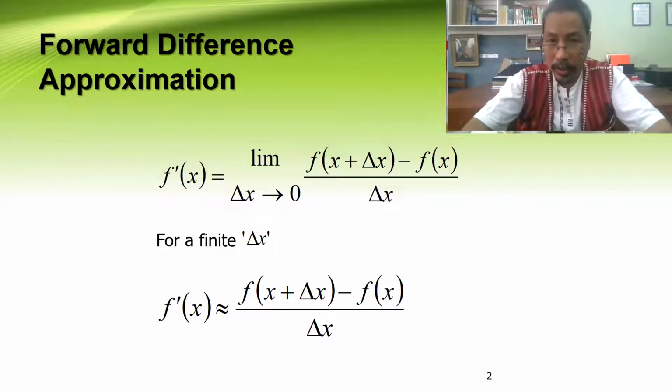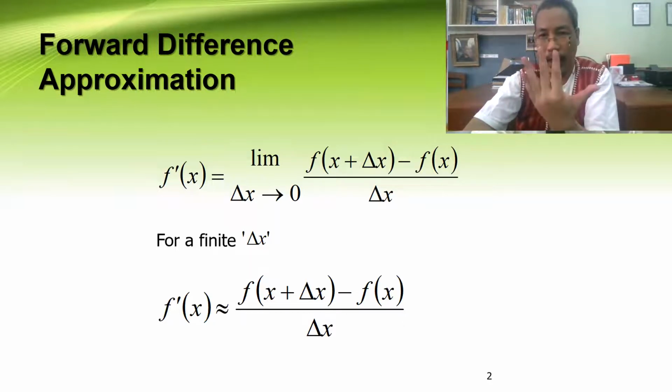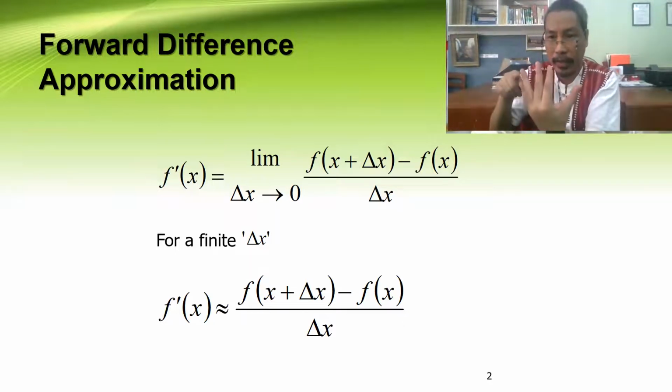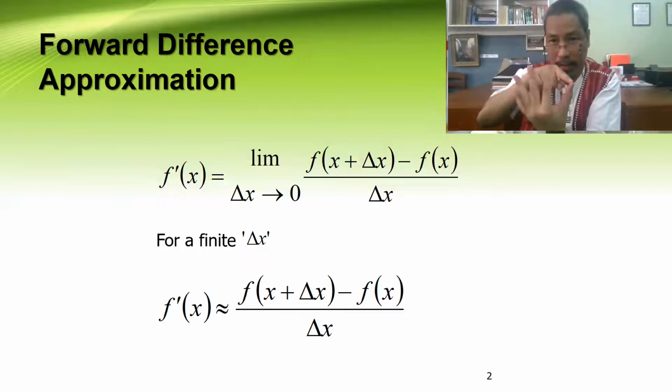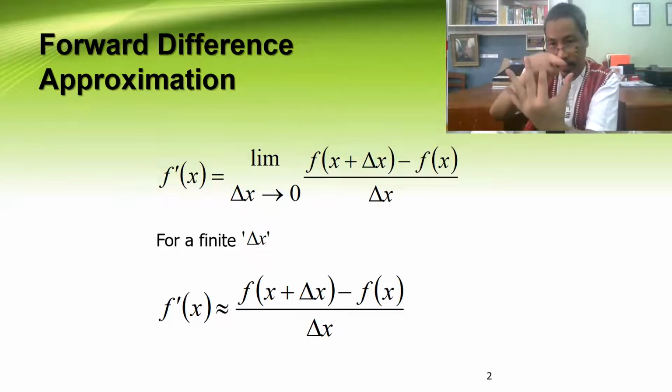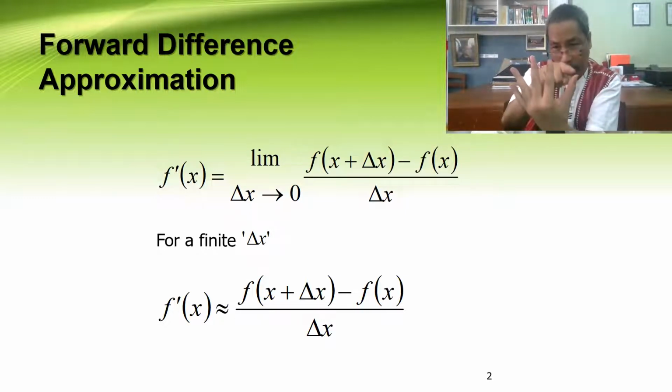But now we are dealing with a function which is discrete. What do we mean by discrete? Discrete is individually separate and distinct. For example, if you look at the ends of my fingers, the ends of my fingers could represent a curve. It is a curve like this. If these 5 points, 1, 2, 3, 4, 5 points, represent a curve,